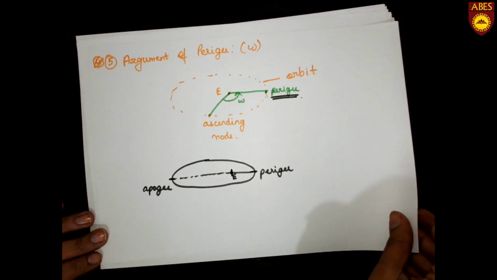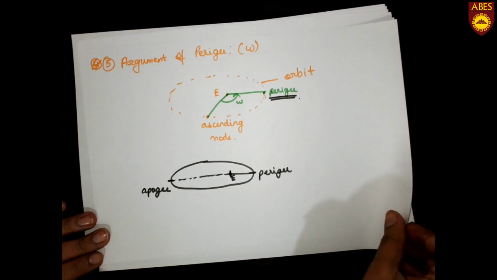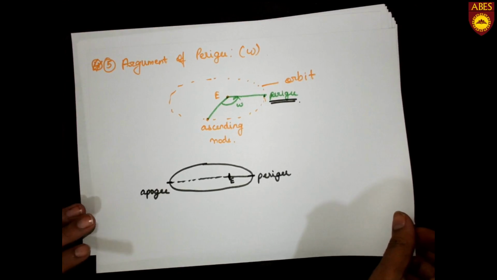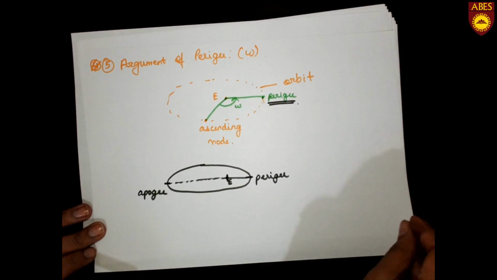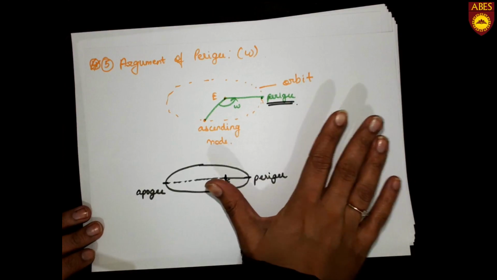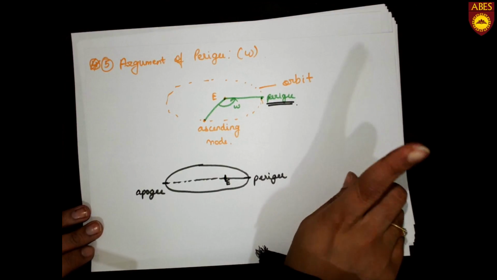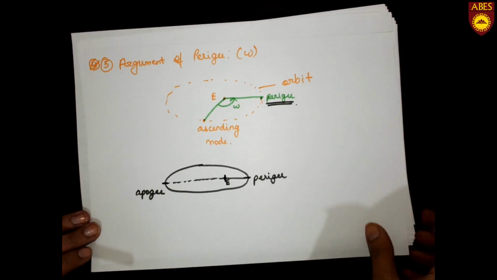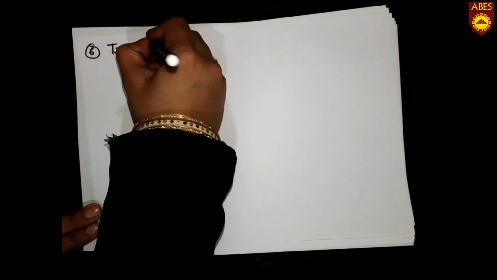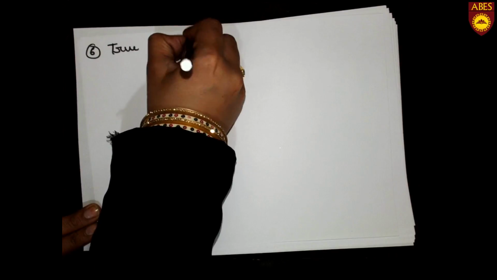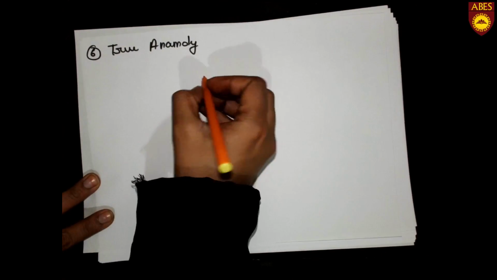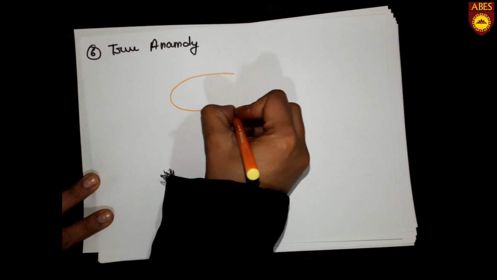The 3 points which I talked about after the first 2 points were inclination angle, right ascension of ascending node, and argument of perigee. These 3 points tell us what is the position of the satellite. Now we talked about first the size, the shape and the position. Now we need to talk about the location. That is the 6th point. Location is determined by true anomaly. True anomaly actually tells us what is the point of satellite in our orbit.